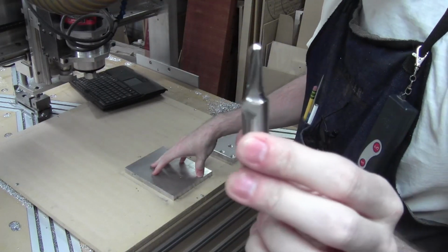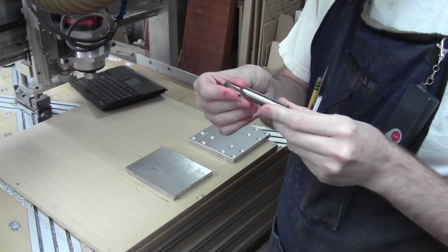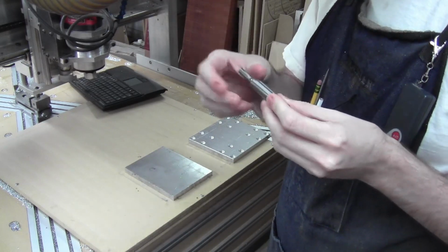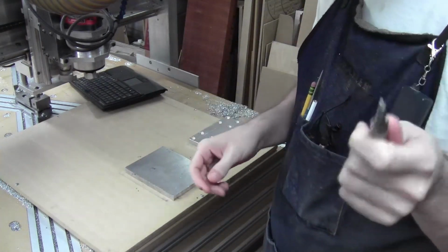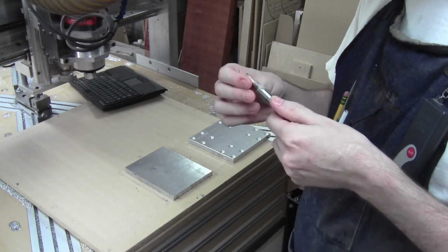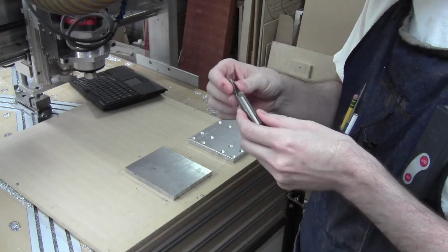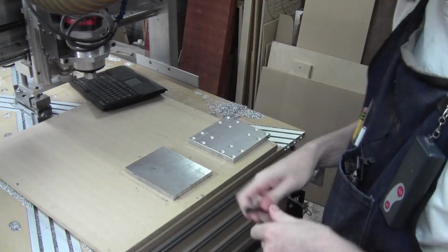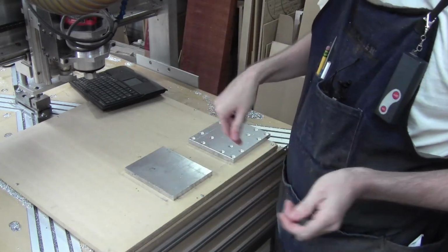This is 21/64. I got these off of eBay. I bought a bunch of them because they were super cheap, and they have a really nice smooth flute. So my hope is that they do pretty well for chip evacuation. There's a slight curve, but they're not spirals. Hopefully they do all right ejecting the chips. I've got a bunch of them, so if I go through them, I don't mind. But they're significantly smaller than the diameter of the counterbore, so that'll allow for chip clearance instead of it being